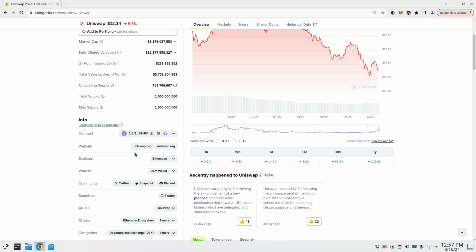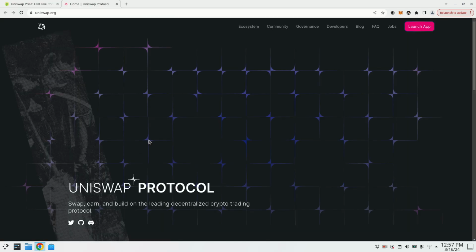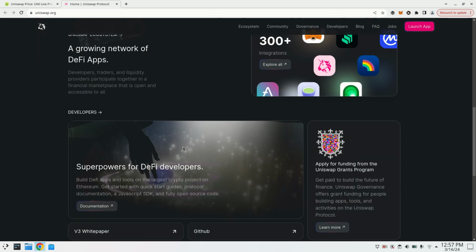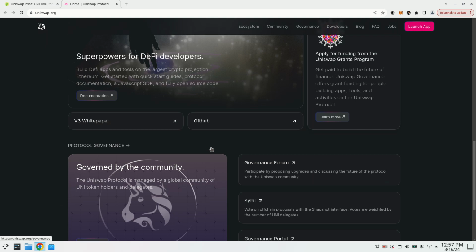For example, uniswap.com or something. But here, till this moment, I never found a website listed here coming from a scammer. So I think this is quite a good practice to do research, beginning from CoinGecko or CoinMarketCap.